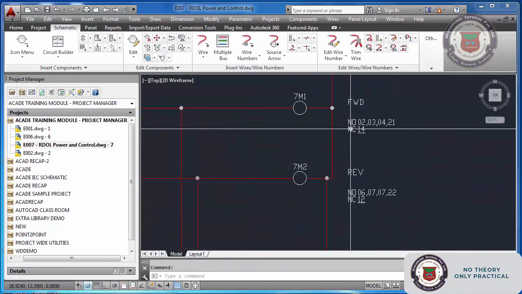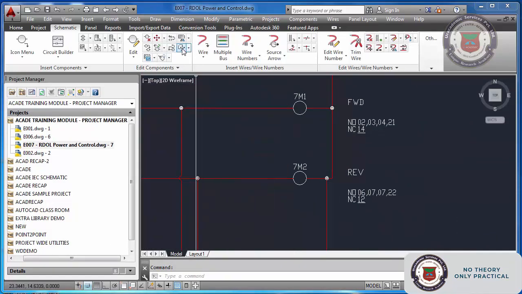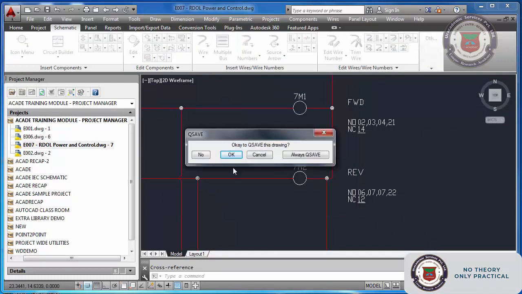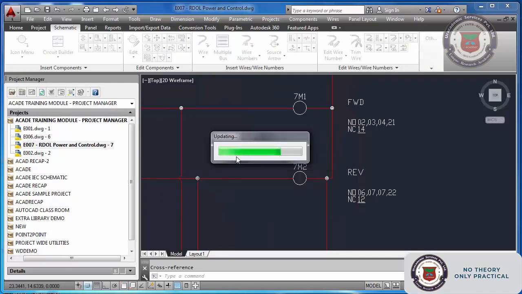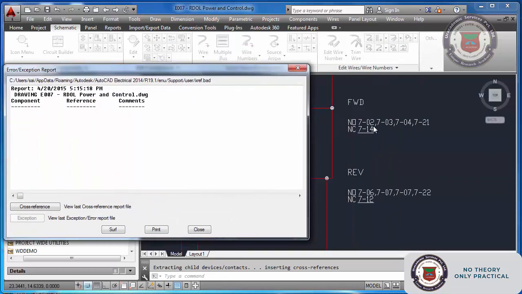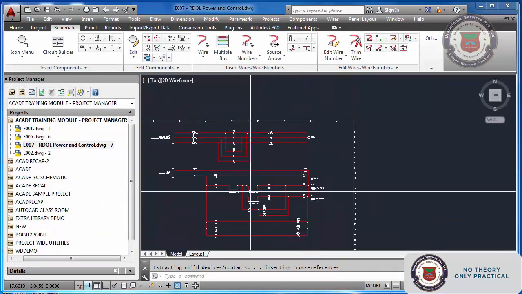Now if I do the component cross reference, this button, component cross reference, active drawing only, I am doing. See, now the sheet number comes first and the line number, numbering, second. In this way you can change the cross referencing.